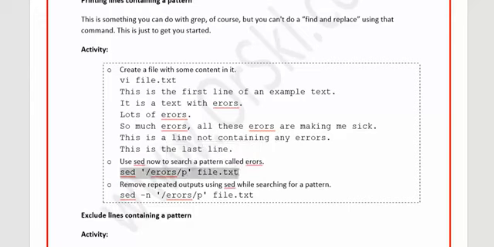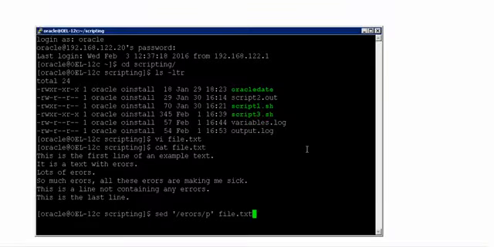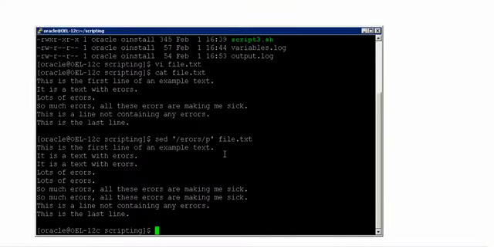Now if you run this, see what you are seeing on the screen. Every time it found errors, you are seeing the output on the screen. But there is a problem here. With this command, it goes and reads the first line, and reading the first line is also part of the output.